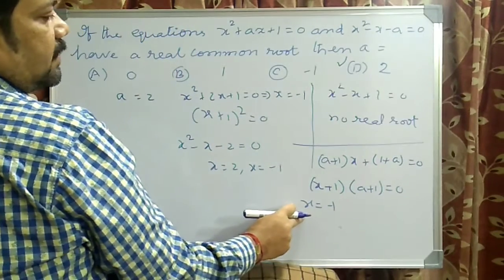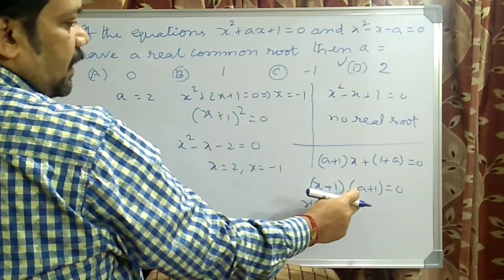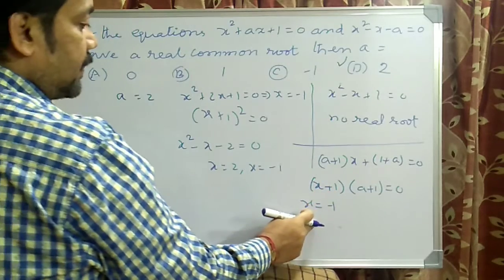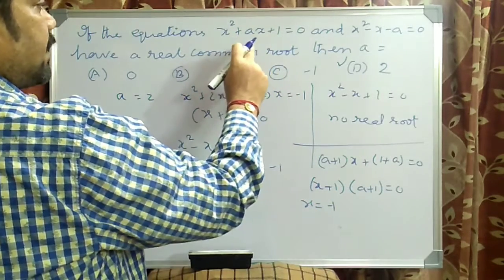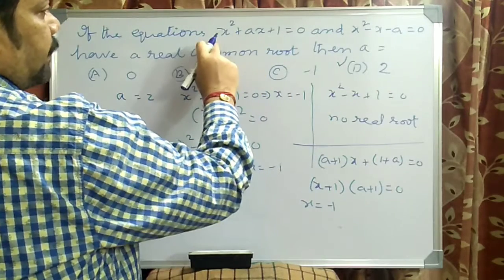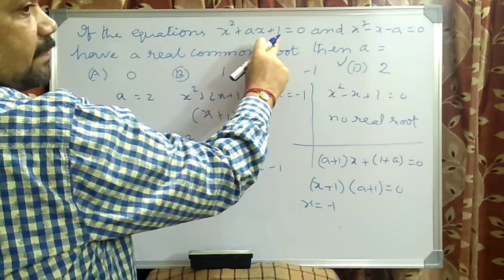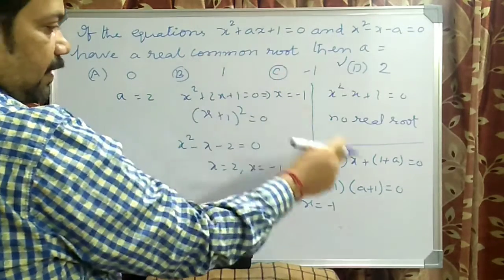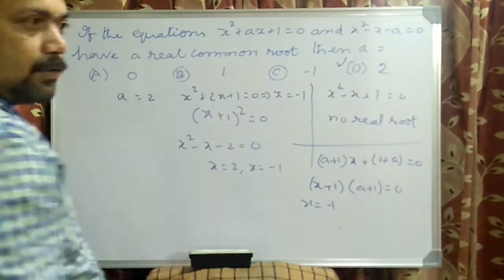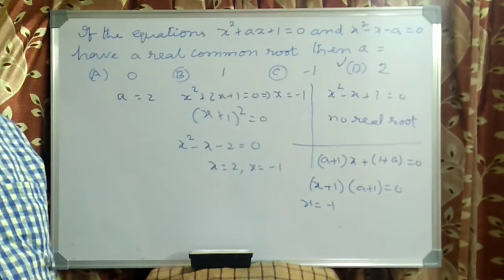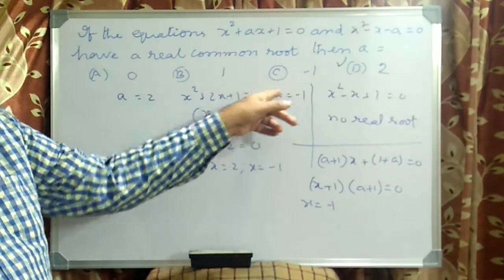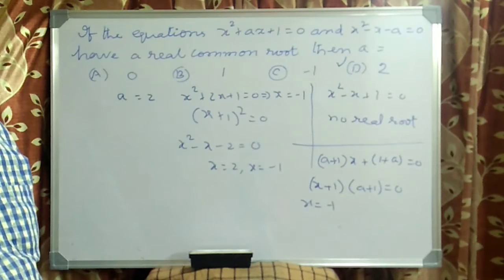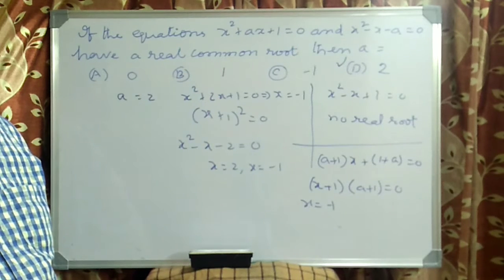So x is equal to minus 1 is a root, as a is not equal to minus 1, because if a is equal to minus 1, this cannot be 0. So substituting x is equal to minus 1 here, minus 1 whole square is 1, plus 1, 2. This is minus a. So very clearly I am getting the value of a as 2. Okay. This is the longer method. You can easily substitute the options in the given equation and verify.